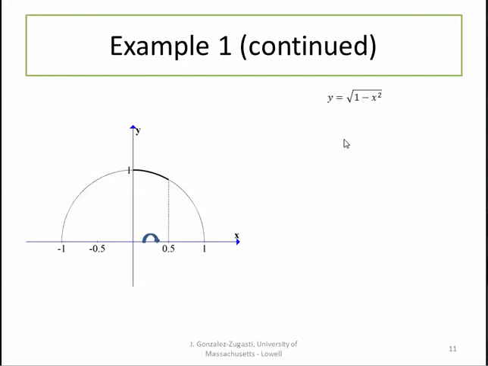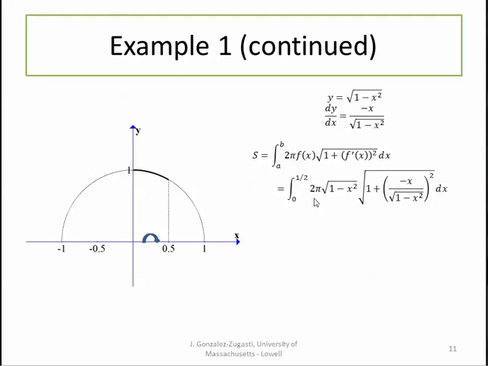All right, for our formula, we need to know our function, the derivative of our function, and once we have those, we can just plug them into the formula. Our a is going to be where we take our slices. We're starting at x equals 0, and we're slicing up to 1/2. So a is 0, b is 1/2, and then 2 pi, here's our function, times the square root of 1